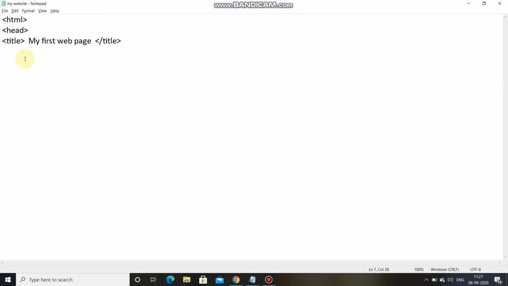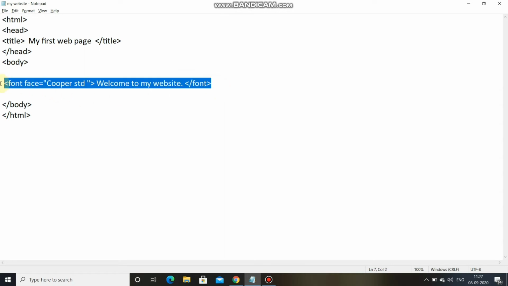We can make many changes to the font, but we should know the style of the font. For that, we can check from MS Word, MS PowerPoint or Notepad to see what the font styles are. For instance, again I'm telling you how to change the font style. We have to write font first. After that I'm closing the font.